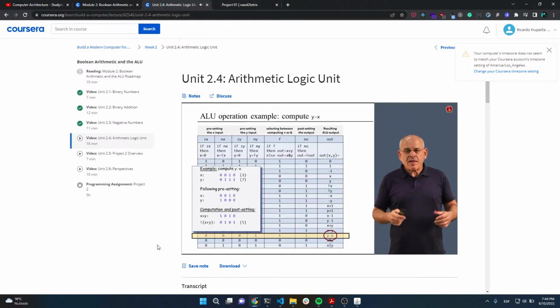So once again, you see that the ALU performed as specified. And many of you may still wonder how this magic actually happens. We were told that we have to do subtraction, and actually we did addition, and we got the result that we expected. Well, we don't want to get too much into it, but if you go back and read or look at the units where we discussed the two